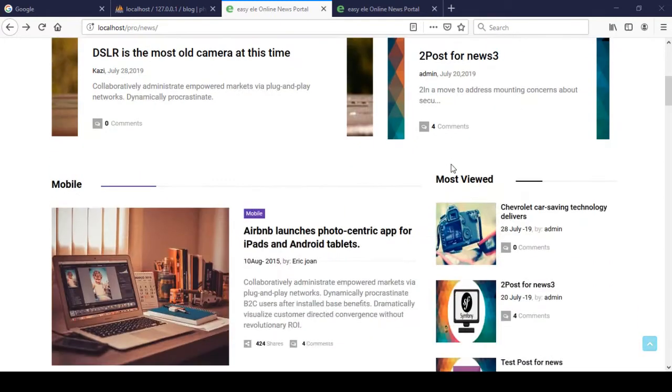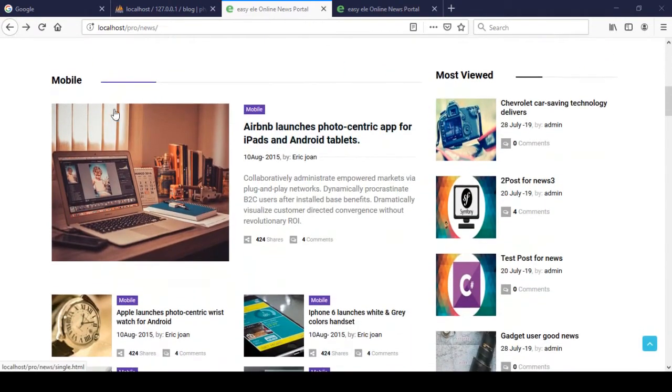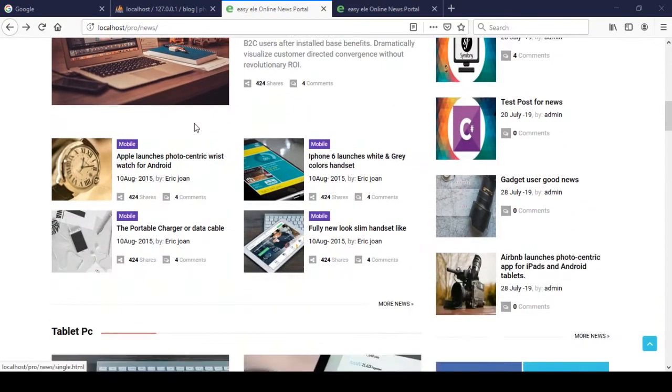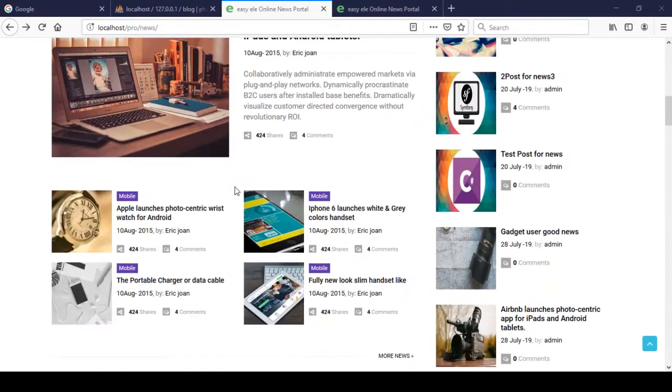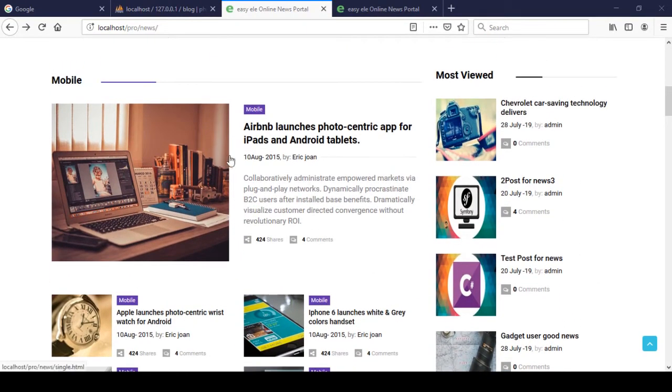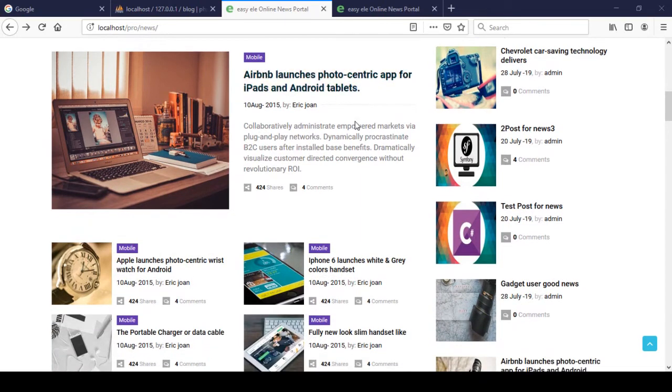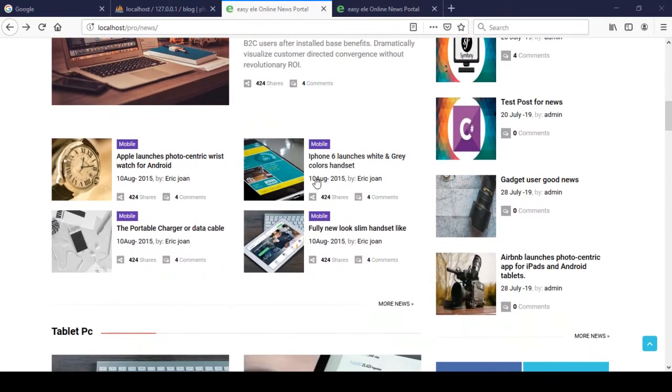And in this video, I want to display all the category news. So all the category news will be displayed in that particular position one by one. And here you can see there are two types of layout. One news post will be visible this way, and the other four will be visible like